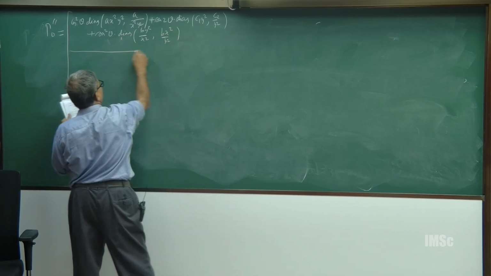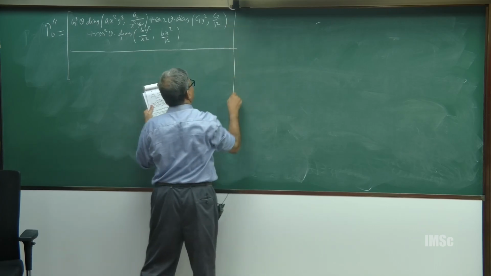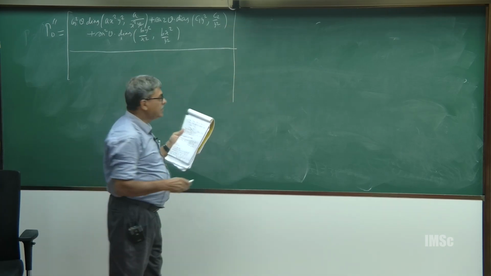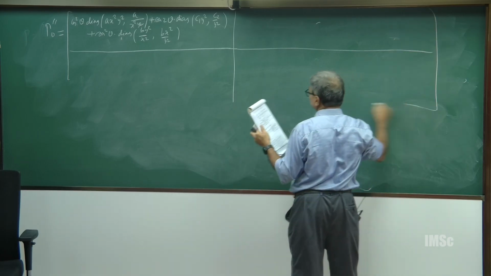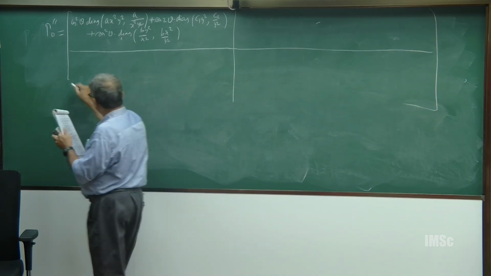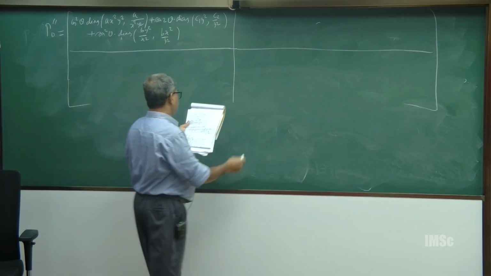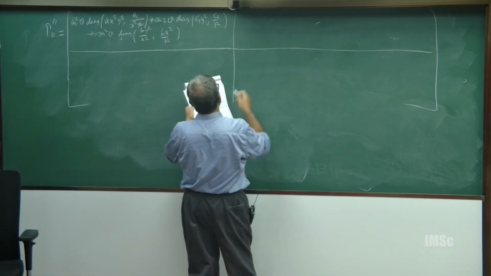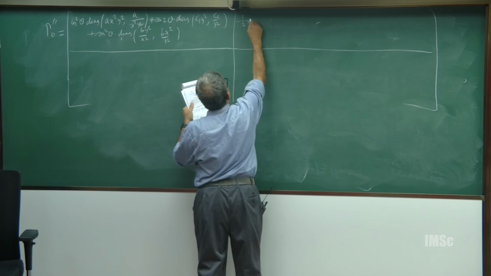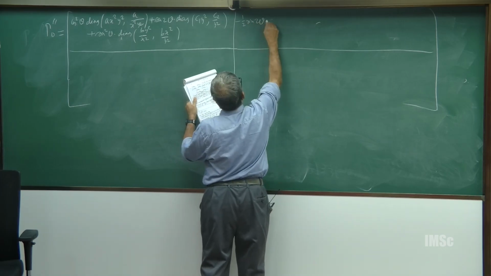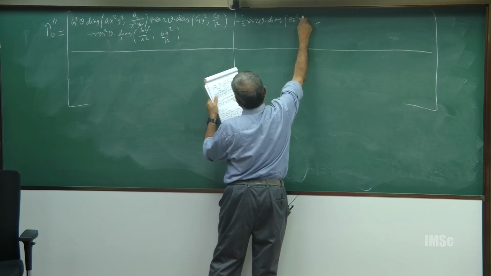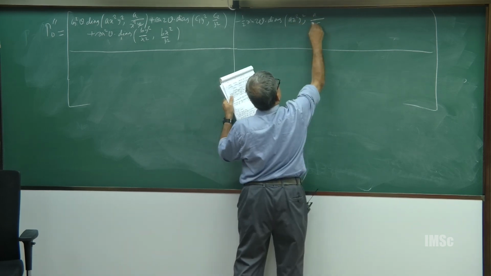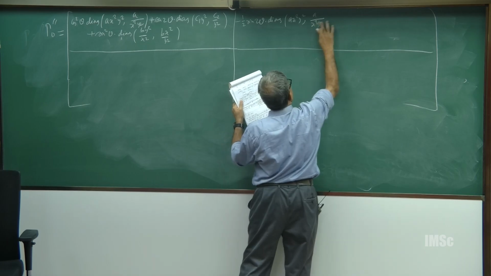So, this is the first half, and then, this is too much, minus half sin 2 theta diagonal of a x square y square comma a by x square y square